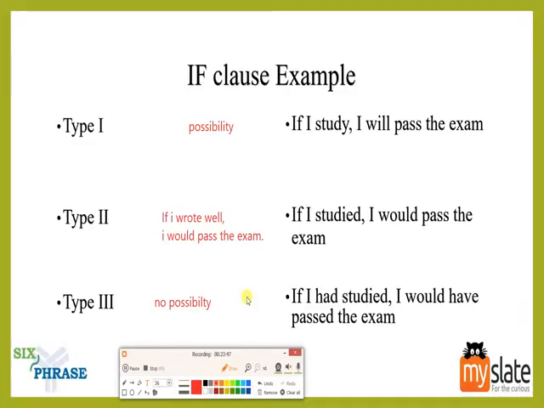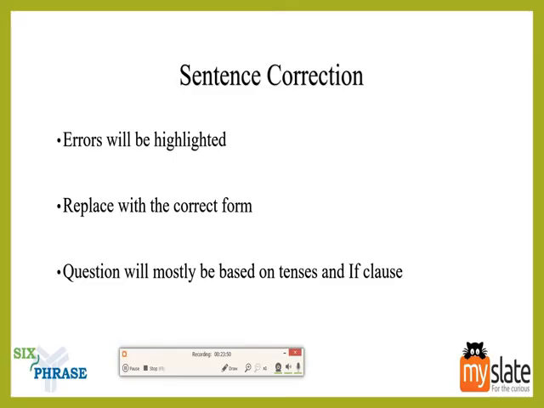So let's go to the next topic. Finally we have come to the topic of the day, right? This is a topic which is sentence correction. I'll just give you an idea of what sentence correction is, and then we'll directly go into the topic. In sentence correction, you would have experienced this in some other form, rather than knowing the actual term. Basically they'll give you a sentence. The errors may or may not be highlighted. I'm not saying it will be highlighted for sure, but mostly it will be highlighted, right? For you to know that this is the error.